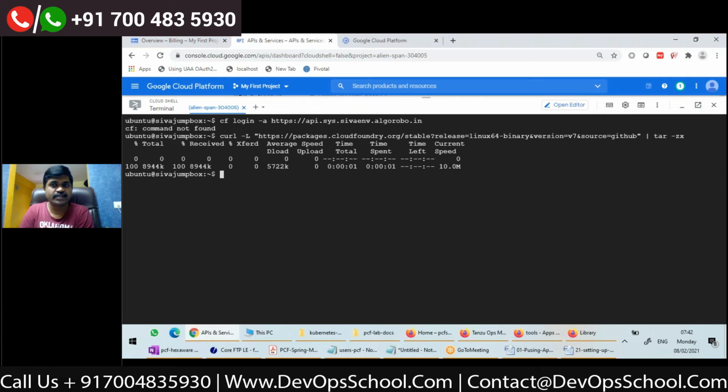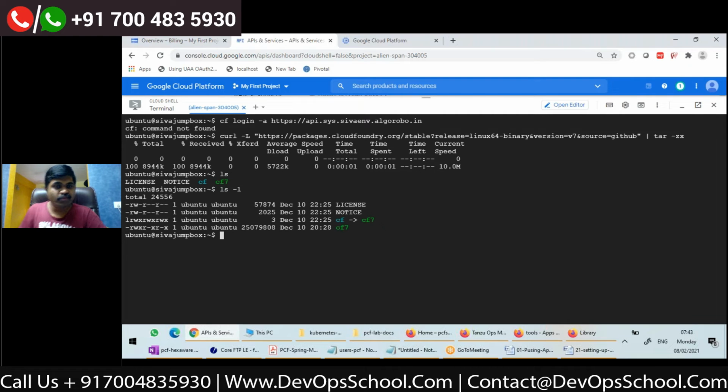Yes, it has curled and downloaded, and it has untarred it. So after untarring it, there are two things, cf and cf7. With ls -l, if you see, cf7 is the actual file, and cf is the symlink for cf7.